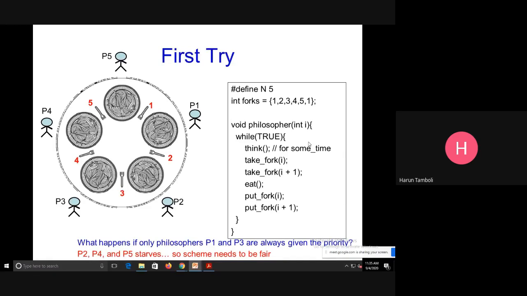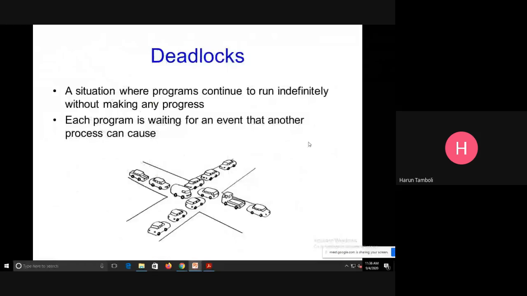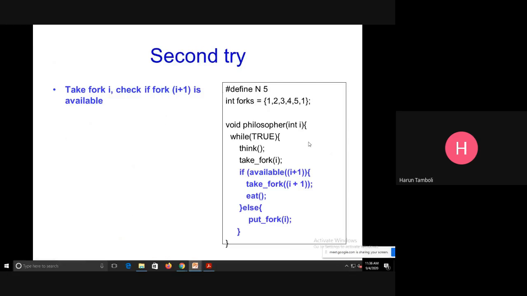So starvation and deadlock, these are the two problems when we are using the first try algorithm. Okay, this is our first algorithm. So this algorithm may produce the problem of starvation as well as deadlock. So that's why they have proposed the second try,